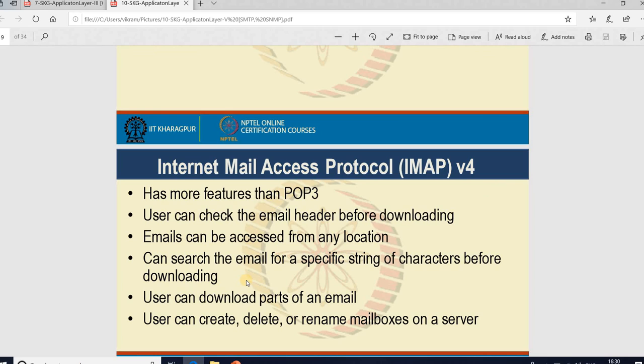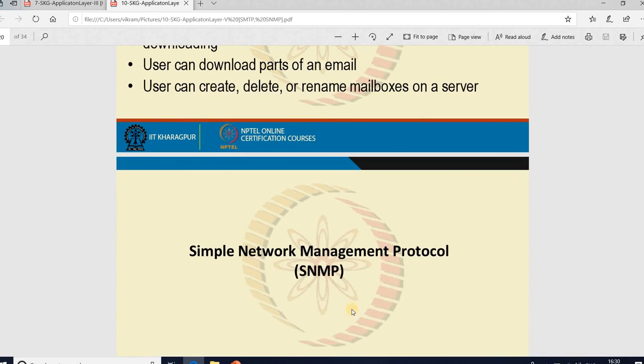The user can check the email header before downloading. Emails can be accessed from any location. The user can search the email for a specific string of characters before downloading it, and can download parts of an email. The user can create, delete, or rename mailboxes on the server.